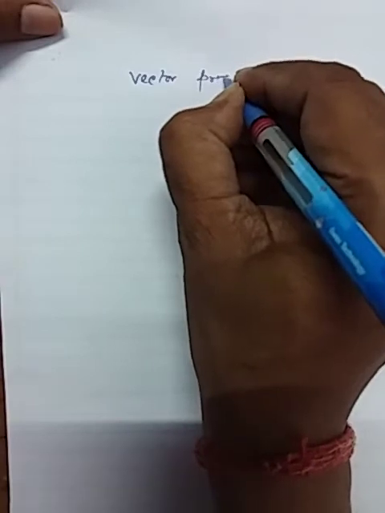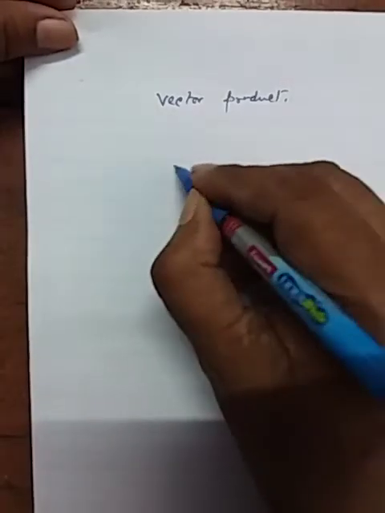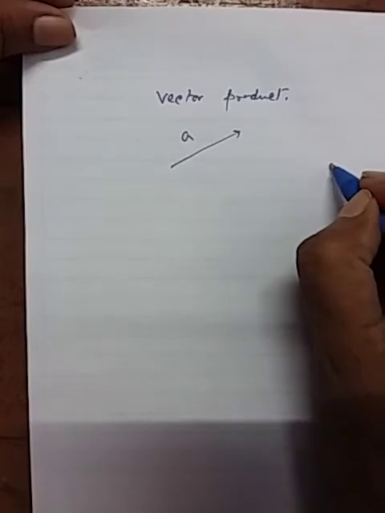Now let's learn vector product. What is vector product? Two vectors, vector A and suppose another vector B here,